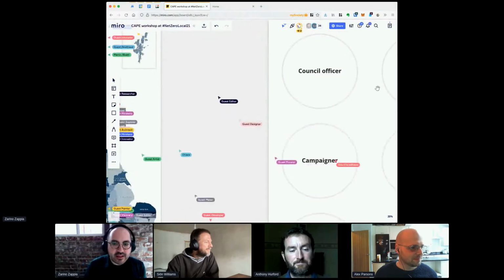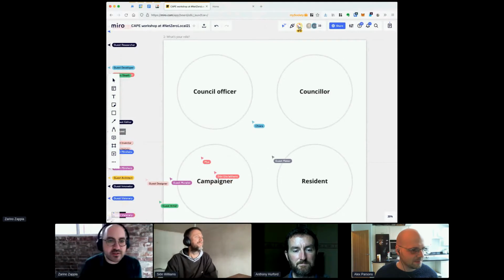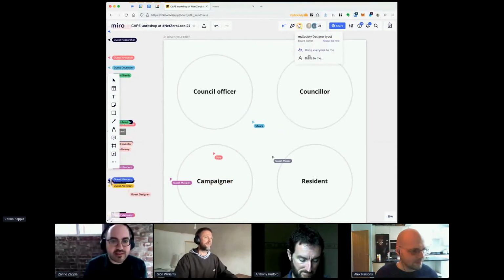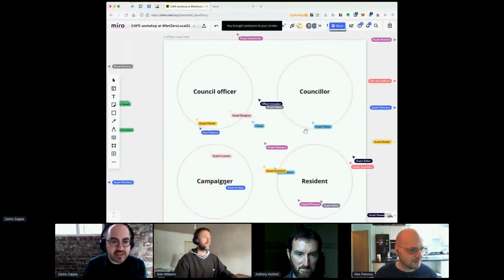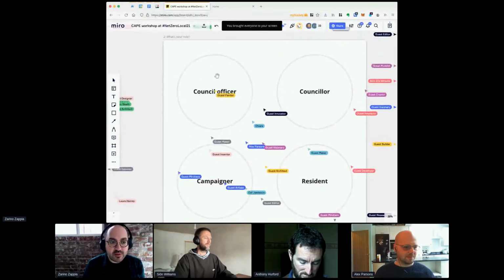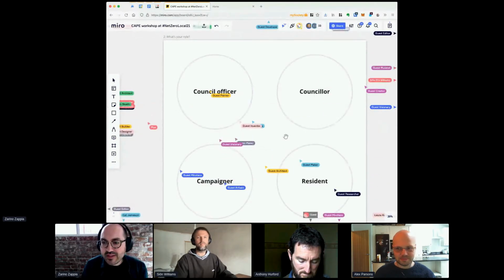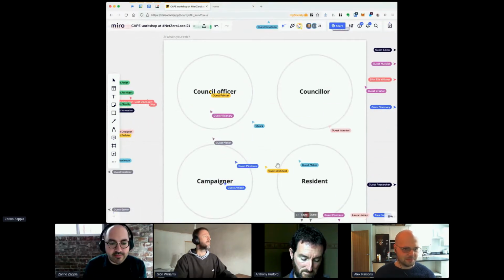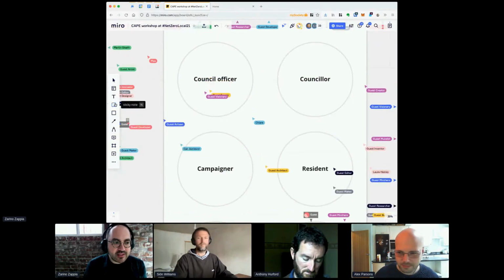In the canvas next to that, which is number 2, if everybody doesn't mind, I'll just bring everybody over to me so we can get cracking on this one. It'd be interesting to know what you do, what your role is, and why you are interested in climate action plans and the climate emergency. And if you want to pop a sticky note into here,